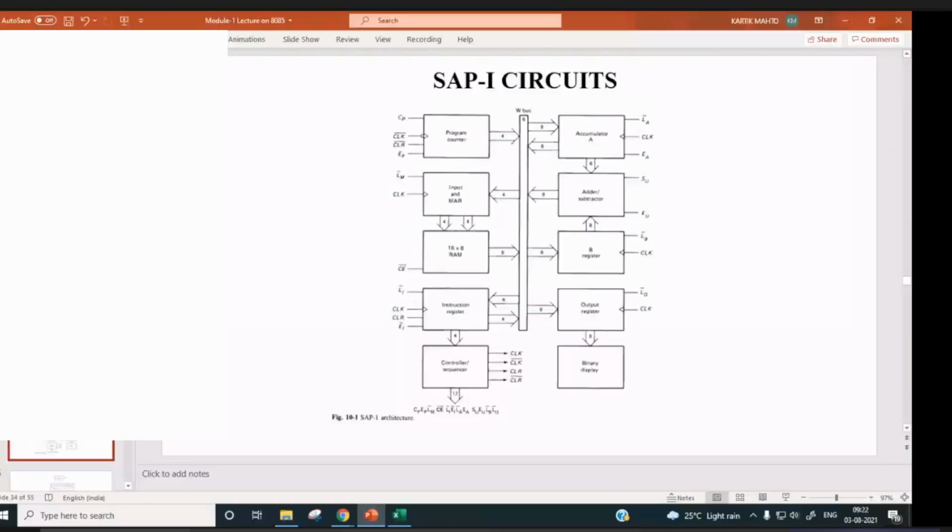Now you can see here we have this SAP1 architecture. I'll just increase the width.